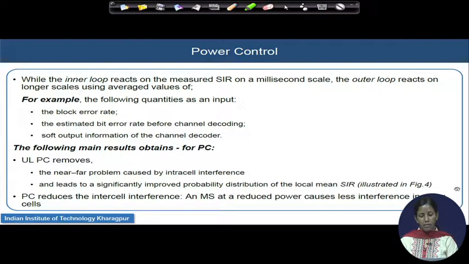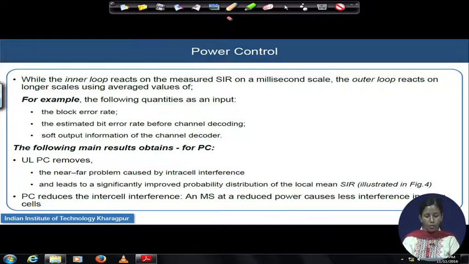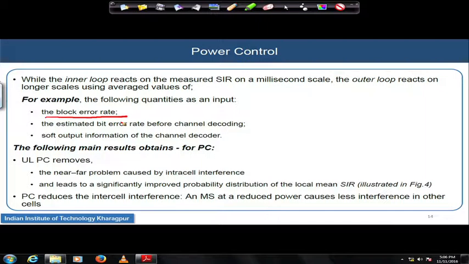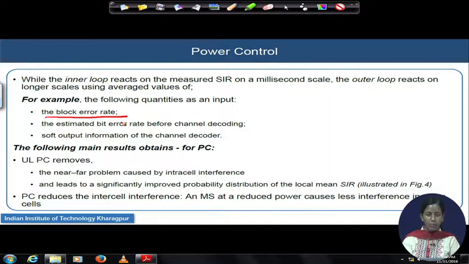See, when the inner loop reacts on the measurement of the signal to interference ratio on a millisecond scale, the outer loop is expected to operate over longer scales using averaged values. For example, suppose the following quantities it can take as an input. It can take the block error rate. So, over the long time of the transfer, over several packet transmissions, for each and every packet it can calculate the block error rate, and over that it can keep on checking whether the signal to interference ratio is